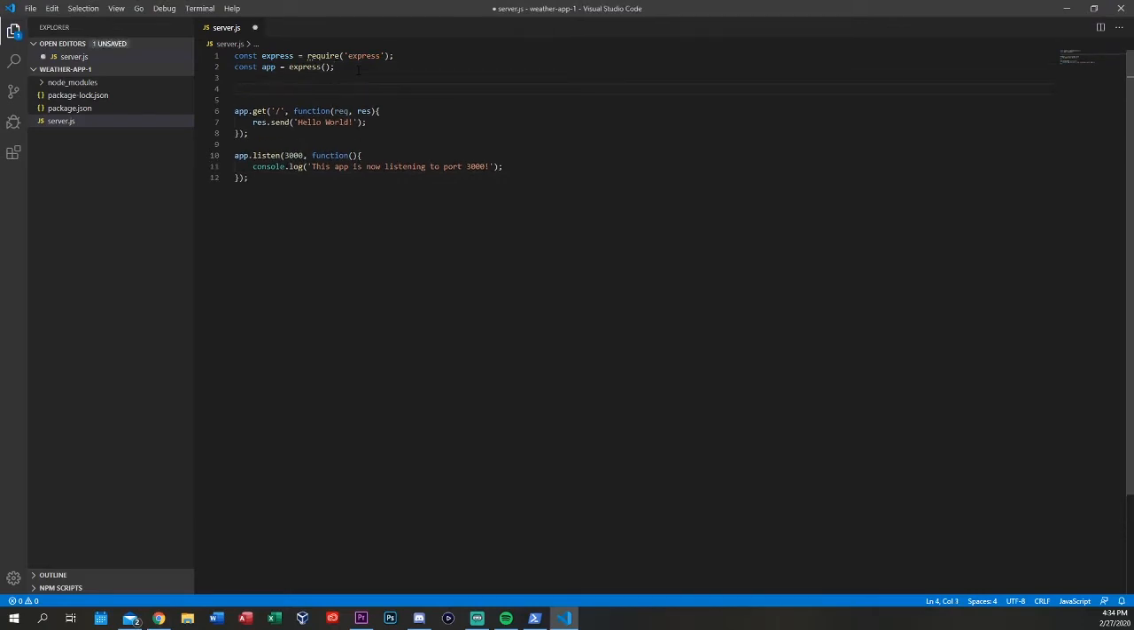So to use that EJS, we're going to need to go app.set view engine EJS. There we go. Perfect. So EJS is actually accessed by default in a views directory. As you see, we do not have a views directory at the moment, so we're actually going to go add